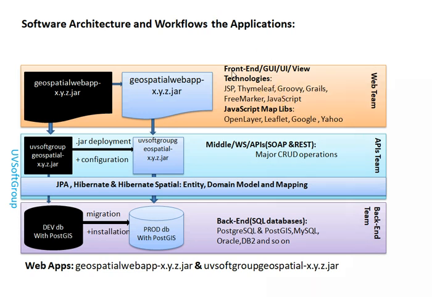In the front-end team, you have a lot of possibilities. As I said, here you can use JSP, Thymeleaf, Groovy, Grails, FreeMarker, even JavaScript-based frameworks. And then for map visualization, you need to take third-party JavaScript APIs, OpenLayers or Leaflet, or Google or Yahoo APIs. So that means you see our deployment structure